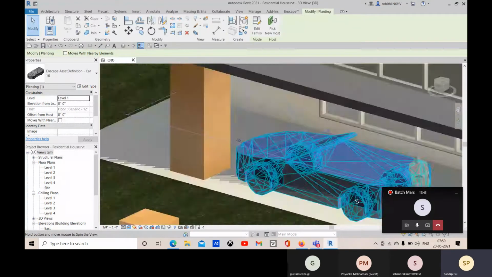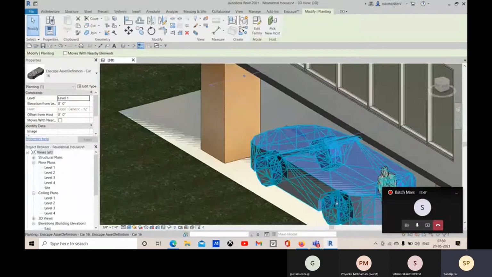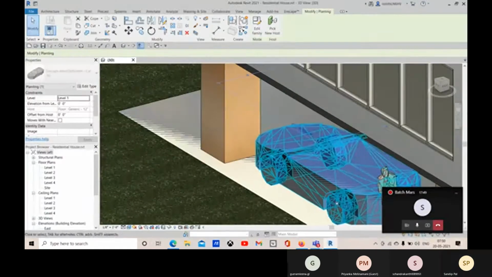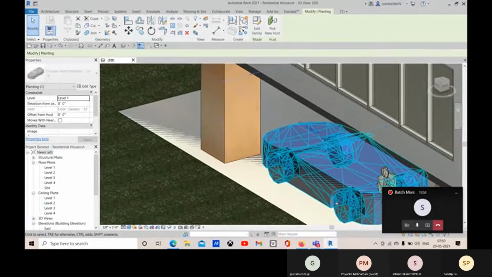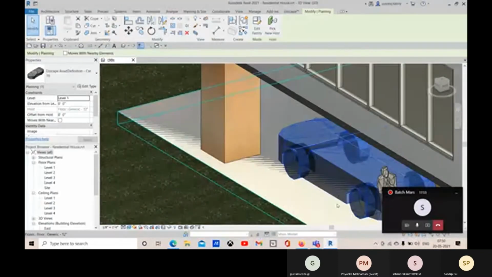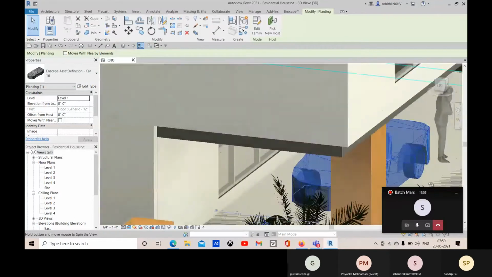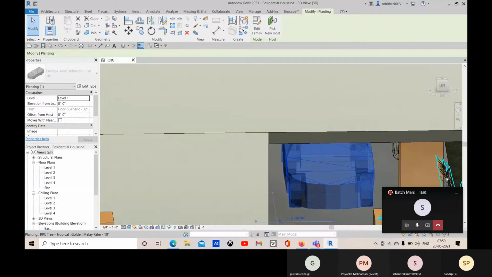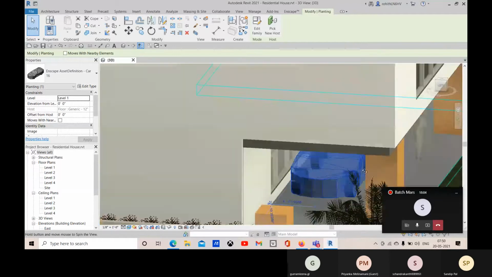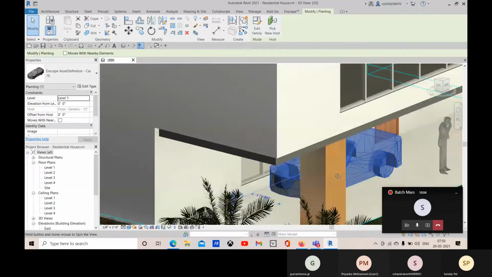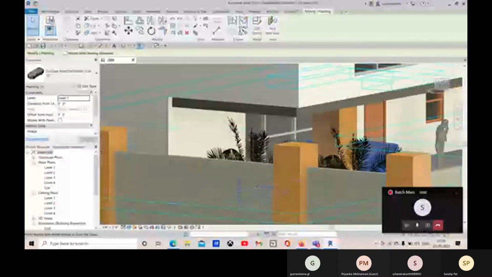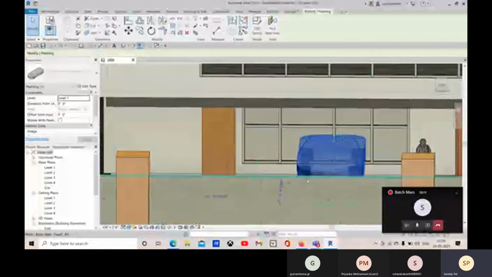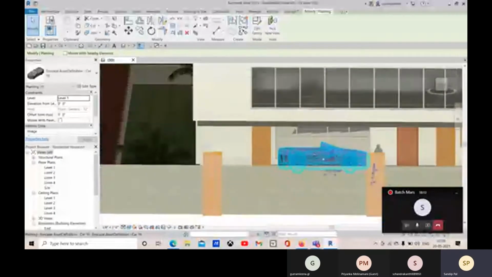All right, and with the arrow keys you can move them. Okay, so that is possible here.